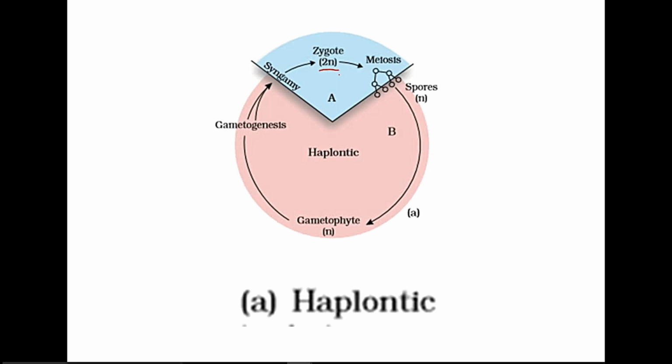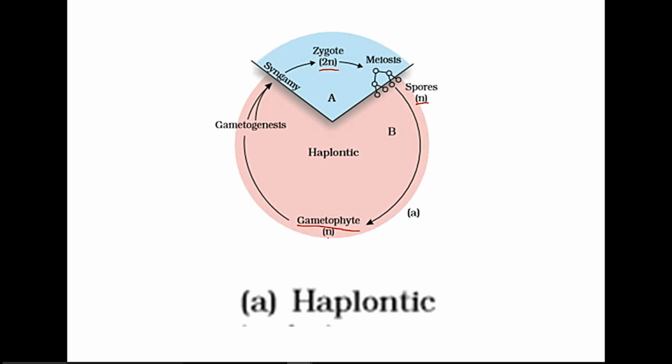There are no free living sporophytes here. So the meiosis in zygote results in the formation of haploid spores. Here, this is meiosis. One cell dividing into two and the other cells dividing into two. So the meiosis here results in the formation of the haploid spores. The n is haploid. So these haploid spores divide mitotically and form the gametophyte here.